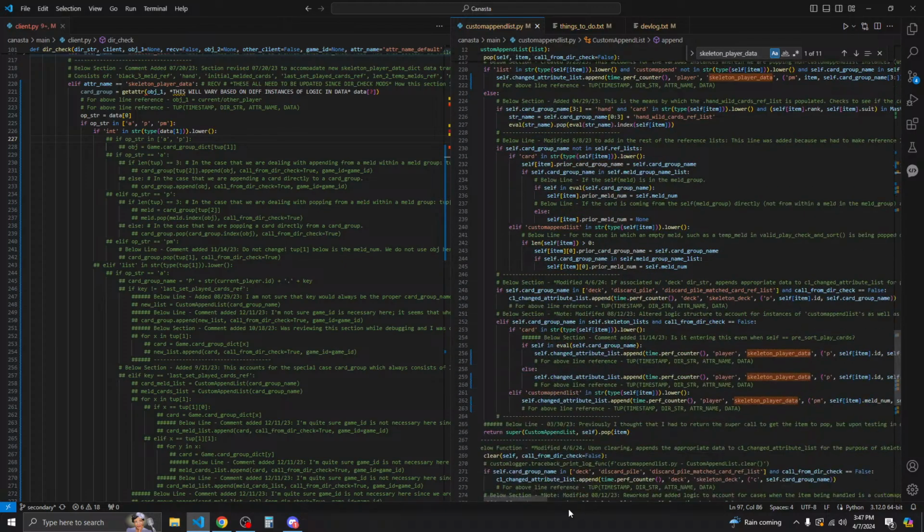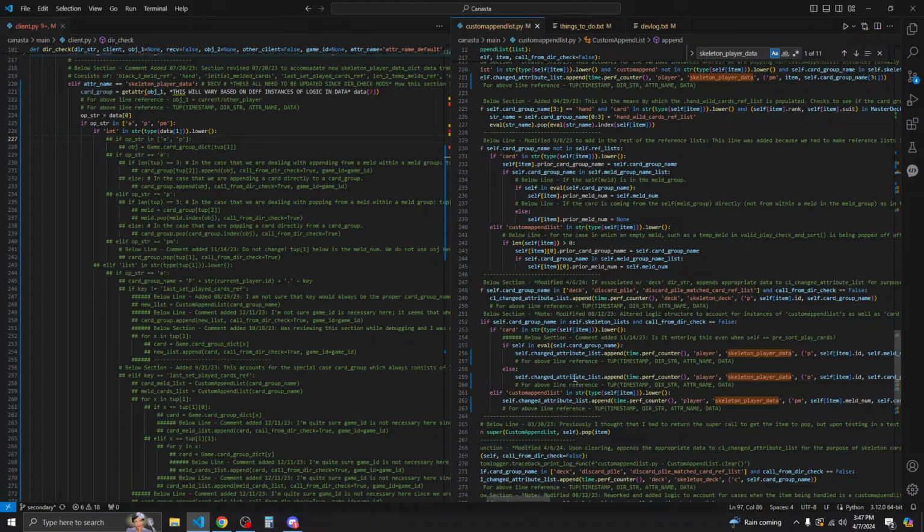And then P is self of item ID, and that's for card. Yeah, that's right. And then the same thing, P is for card, and then the self of item meld num. Well, this might be a meld num actually.